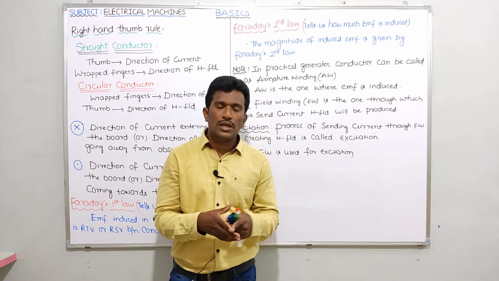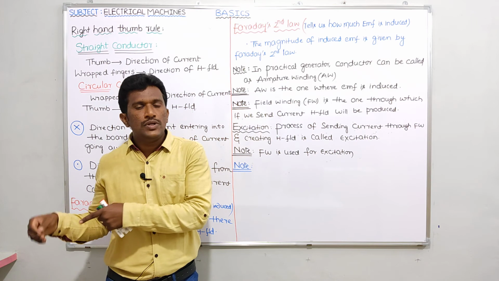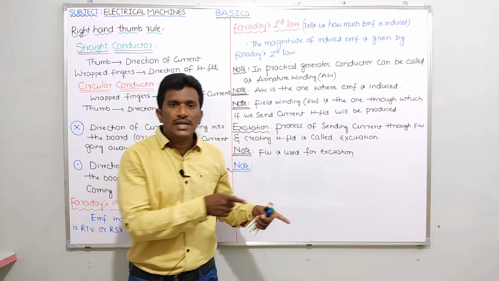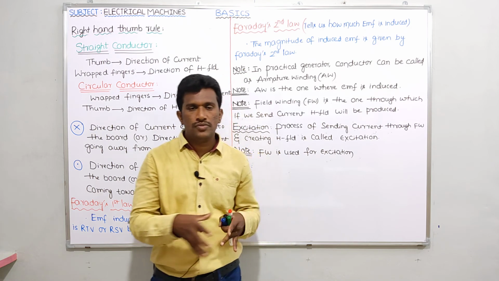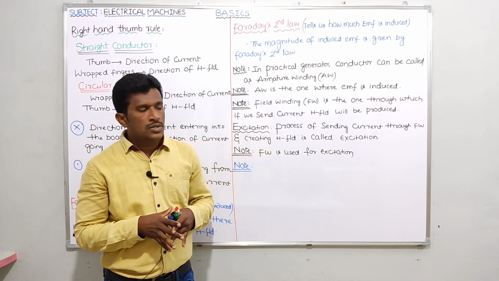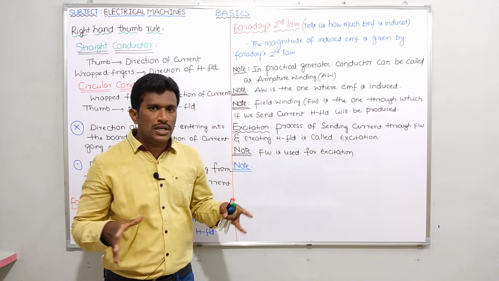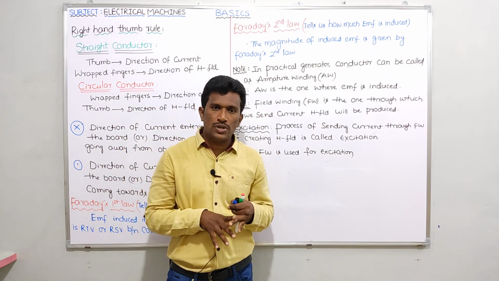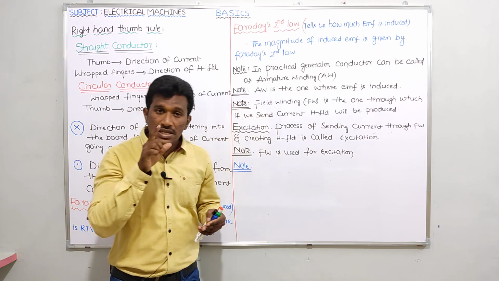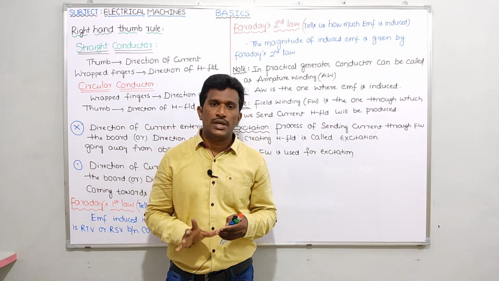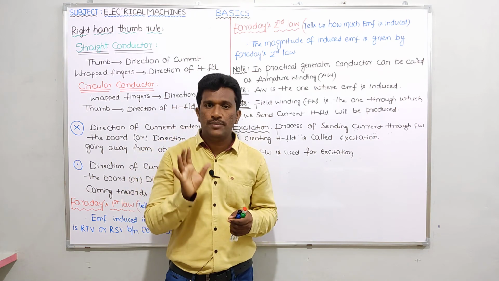So once again here we are giving two inputs. If you take a DC motor, DC supply is given to the armature winding. Once again DC supply is given to the field winding. That means we are giving two inputs in all those four machines. So those four machines can be called double excited machines. Observe clearly: in alternator, synchronous motor, DC generator or DC motor, in all four machines, DC supply is given to the field winding for excitation. That means DC excitation is used in all double excited machines.